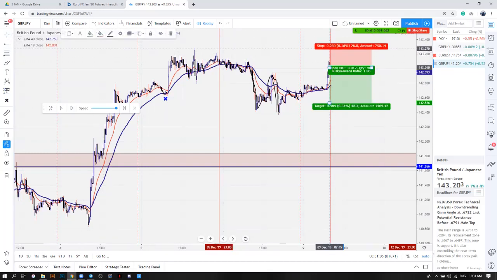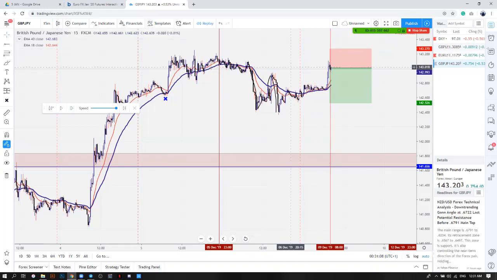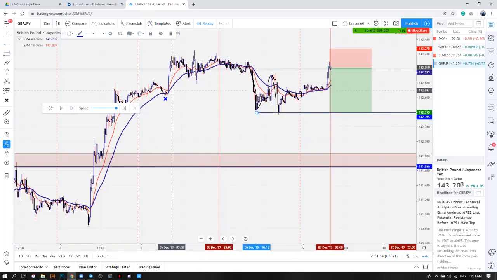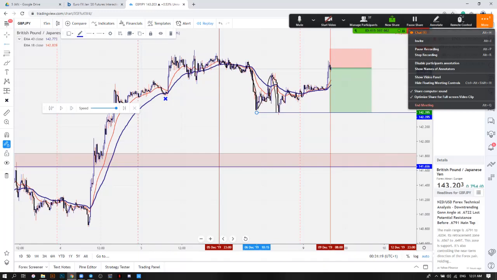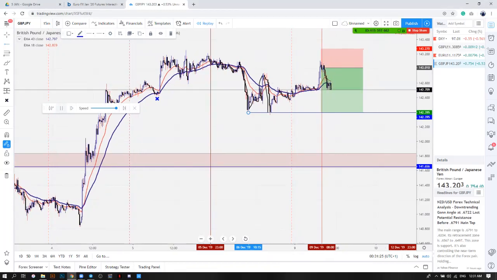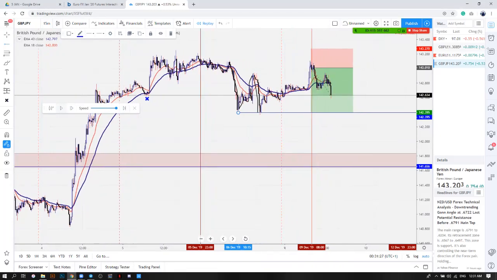Okay. So now we're selling, stop loss goes above the old high, and our first CP is going to be the equal lows. So now let's see if we're actually right or wrong. Sell to the old low. All right, let's see if we're right or wrong. Okay, the market goes down and we're in profit.